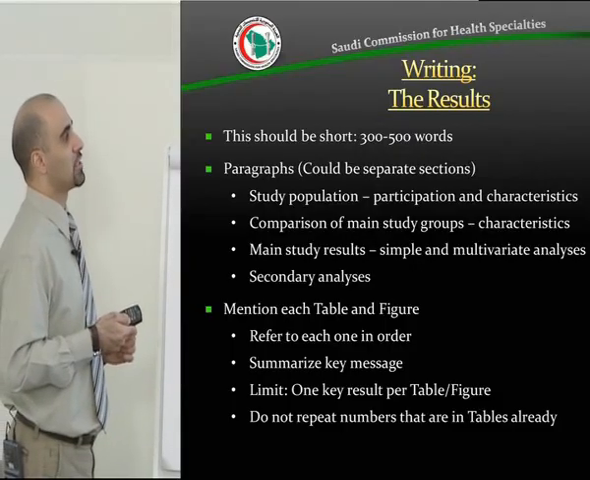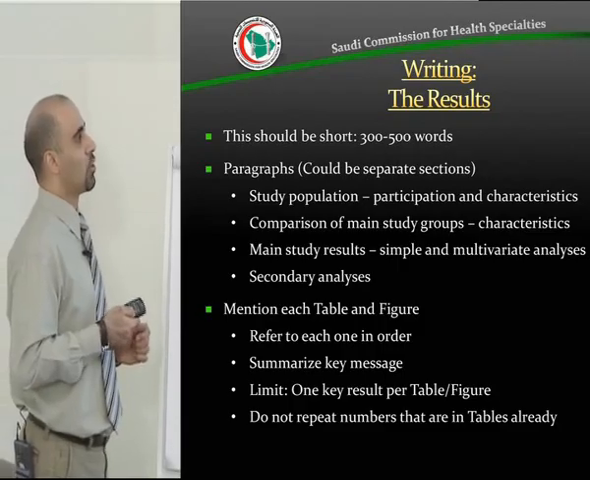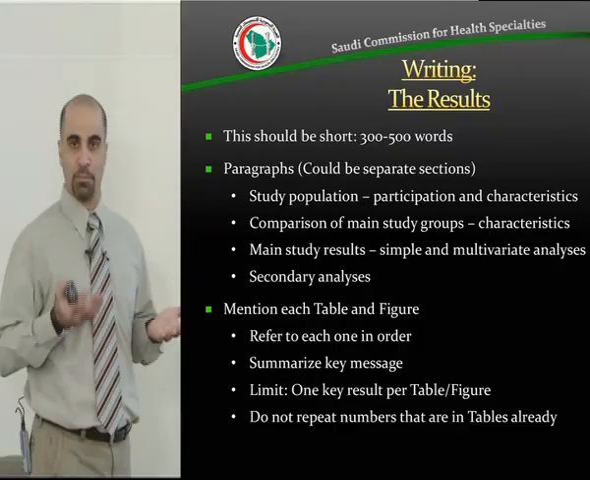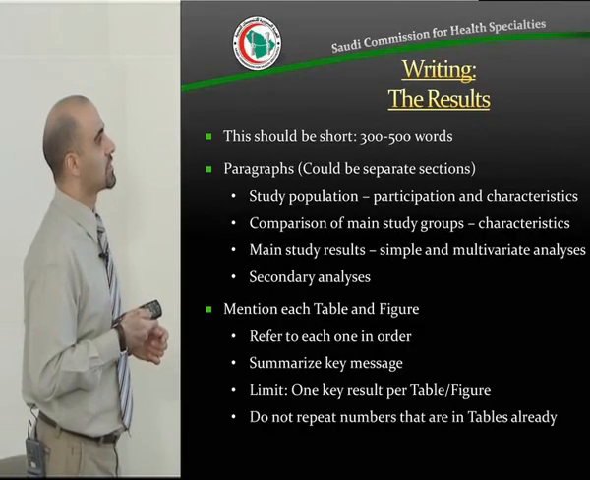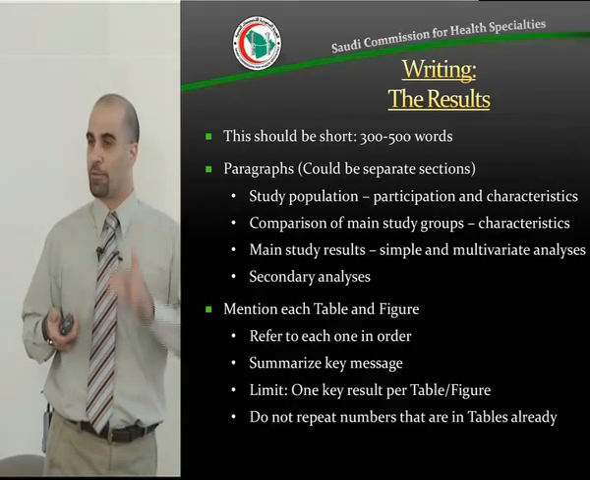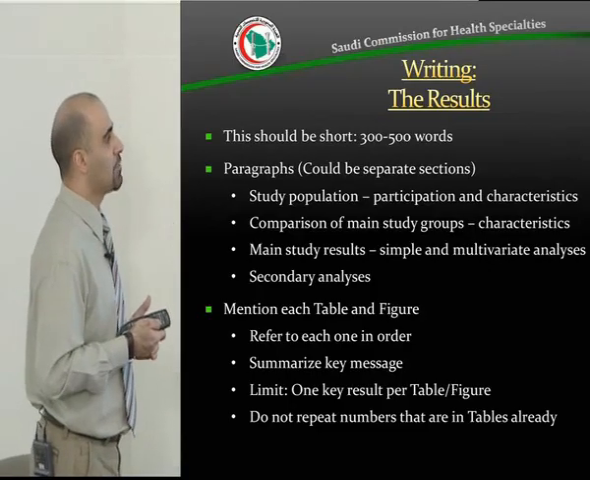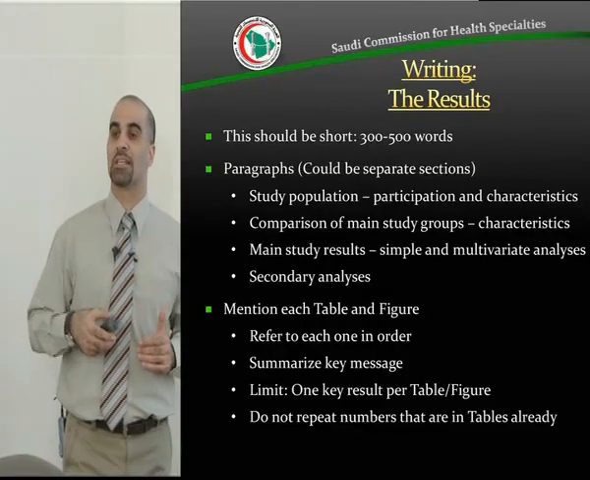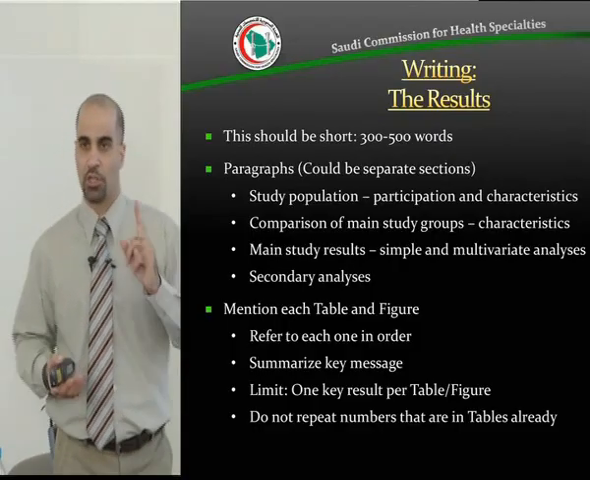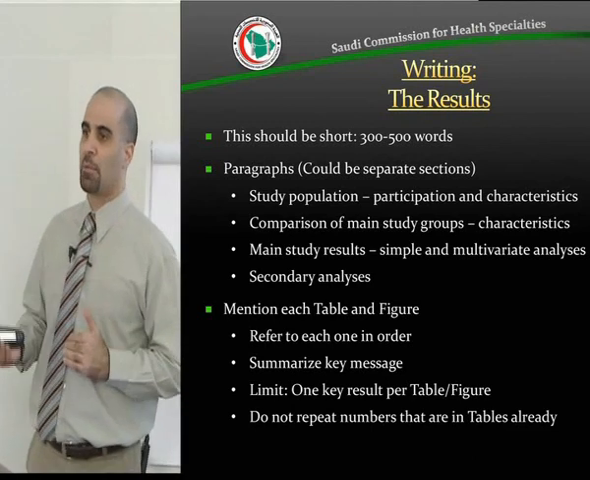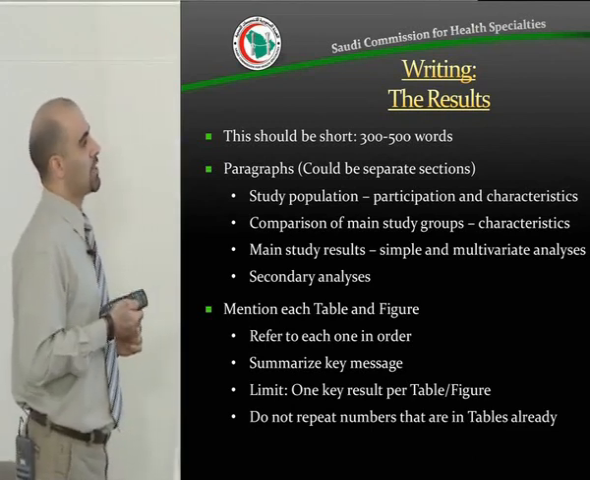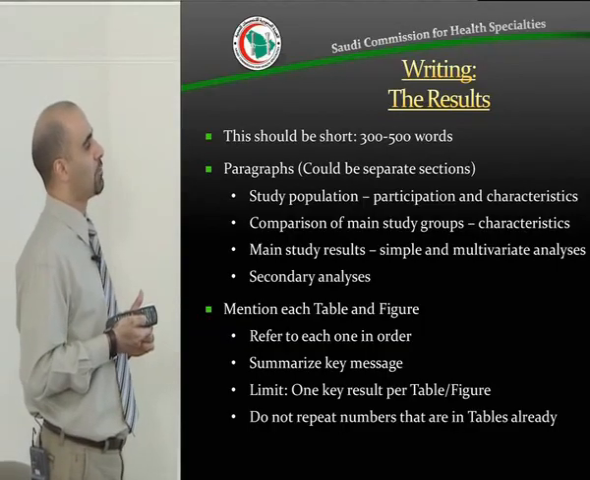Comparison of the main study groups is the second section, which is the characteristics of the people, but in comparison. The main study results, simple and multivariate analysis, could be in a third table. And the fourth table could be secondary analyses or secondary objectives, because you remember we said any research question could have a primary objective, but multiple secondary objectives. So the fourth table, or the fourth paragraph, might be